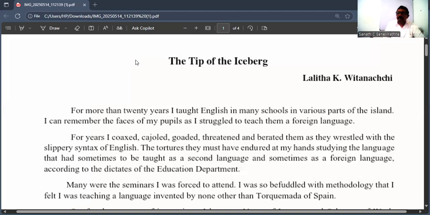Coax means make someone agree, if not convince. In Sinhala, chatuwen katha karana. Cajoled, C-A-J-O-L-E-D, also has the same meaning. Goaded, G-O-A-D-E-D. Goaded means punish with a stick. Goaded, threatened,